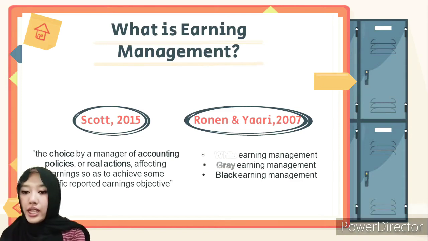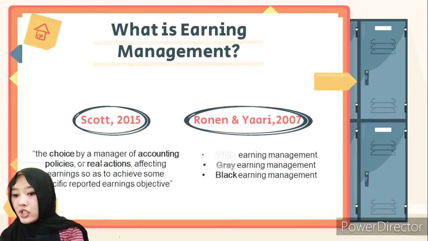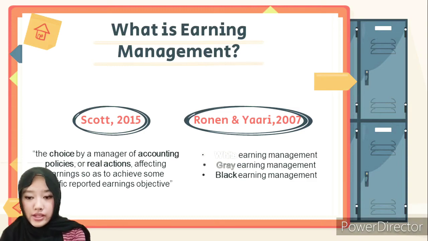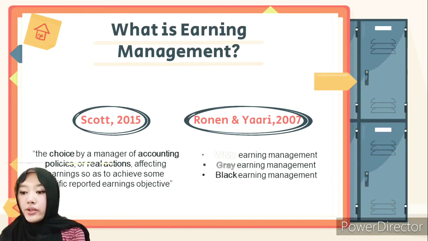From this definition, earning management includes both accounting choices and real actions. Choice of accounting policy refers to the choice of accounting policy per se, such as straight line versus declining balance amortization and policies for revenue recognition. And discretionary accruals, such as the provision for credit losses, warranty costs, inventory values, and the timing and amounts of low persistent special items such as write-offs and provisions for restructuring.